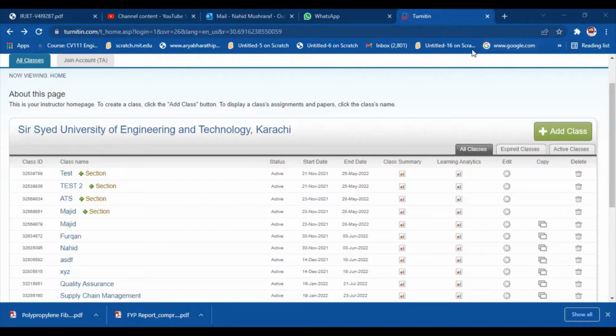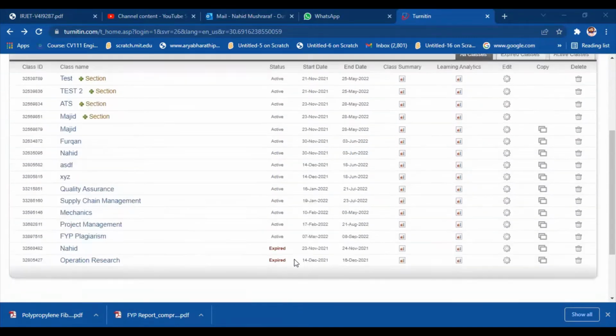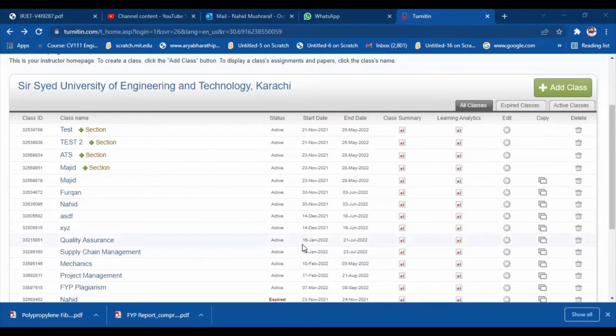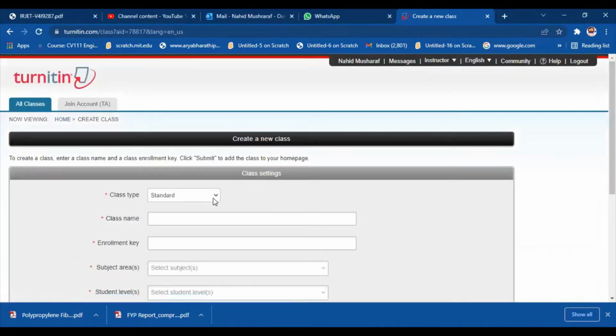I have made a sample report for you guys to check the plagiarism, and I have just copied it. I did not change it. I did not even write it myself. So I'm in the class page, and I'm going to add a new class. The class type is standard, and the class name is, for example, sample